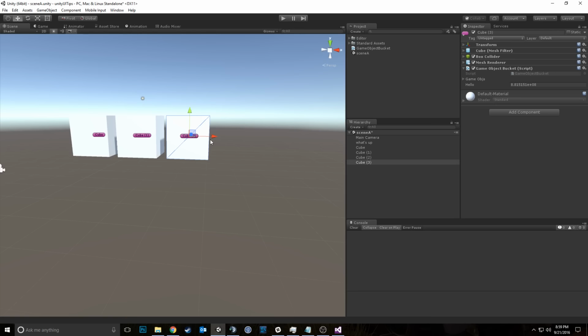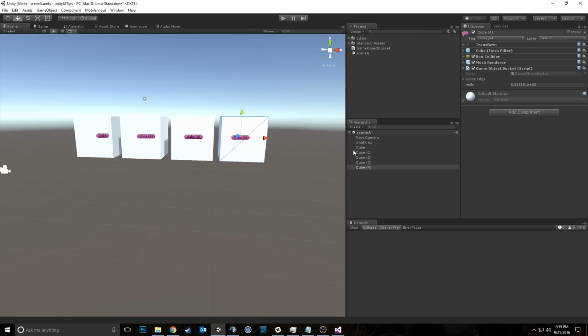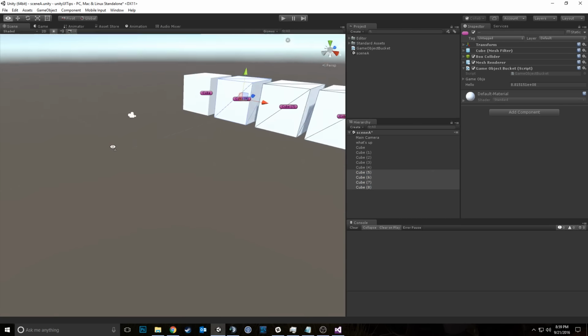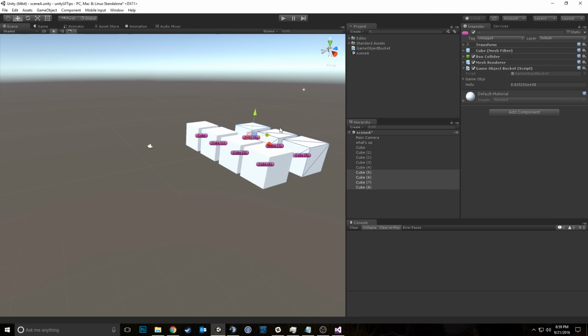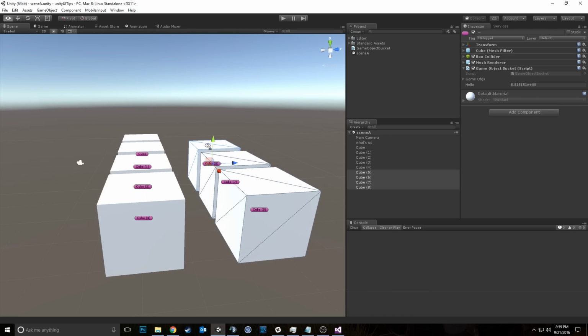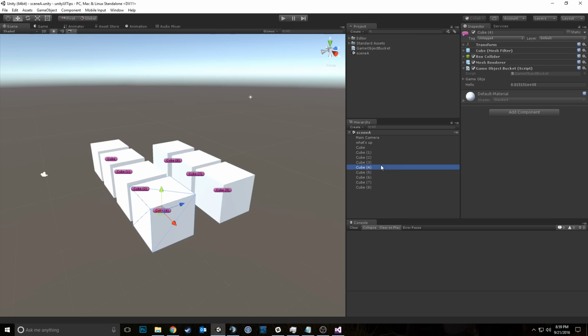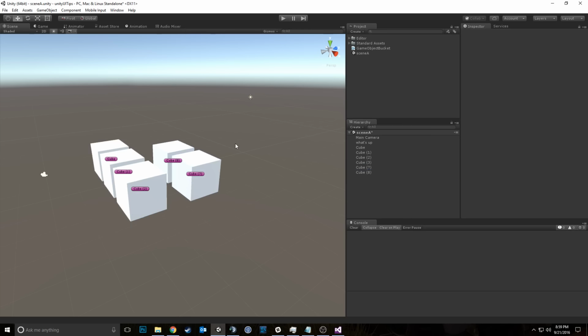And yeah, I'm just going to move these guys around. Sorry, I just want to get a bit of a scene. All right, cubes. Great. I saved scene A. And I'm going to go ahead and delete some of these cubes, and I'm going to save this